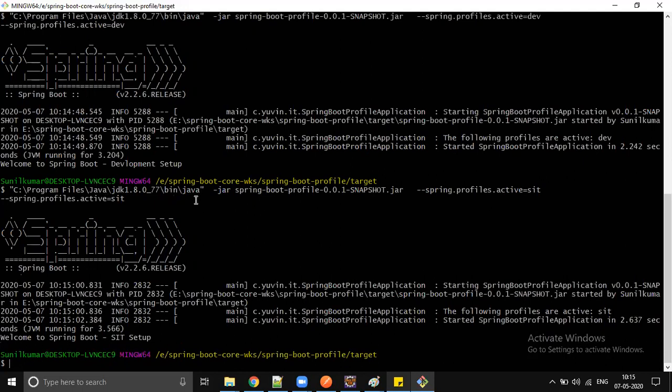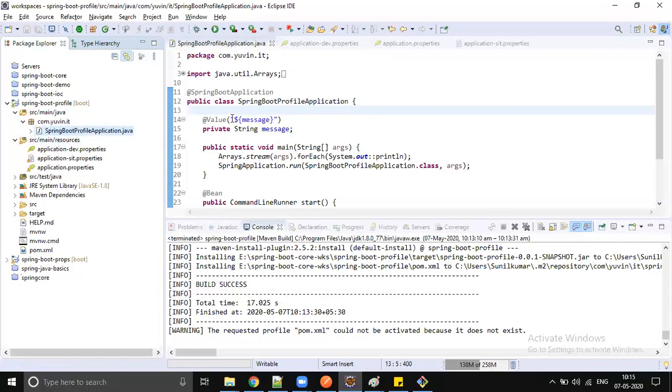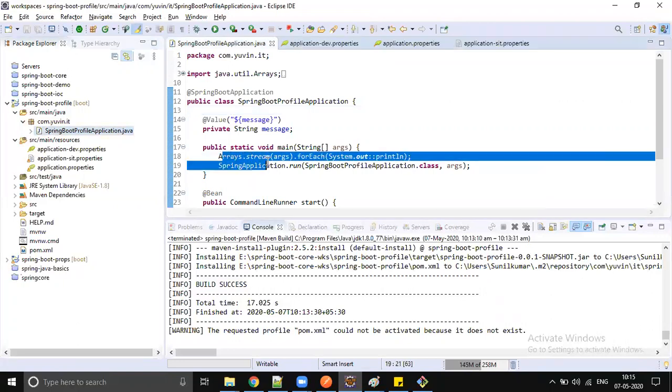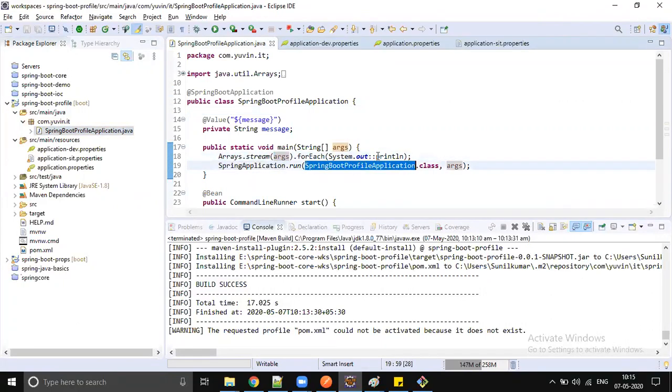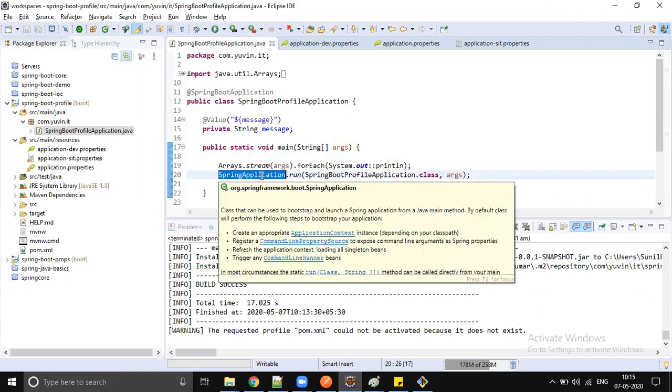So we are passing a command line argument, right? Whenever you are running your application, look at the code from where we are printing the command line arguments. Arrays.stream(args), we are printing. Whatever command line arguments you pass as part of your main method are passed as an argument to SpringApplication.run. I think this has been there since Java 1, when the main method was written, passing the command line arguments. So the same command line arguments, we are just forwarding to the Spring application.